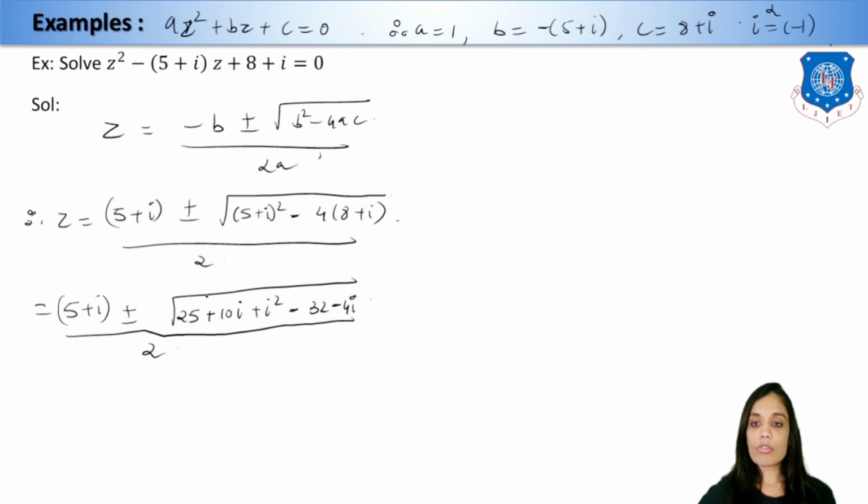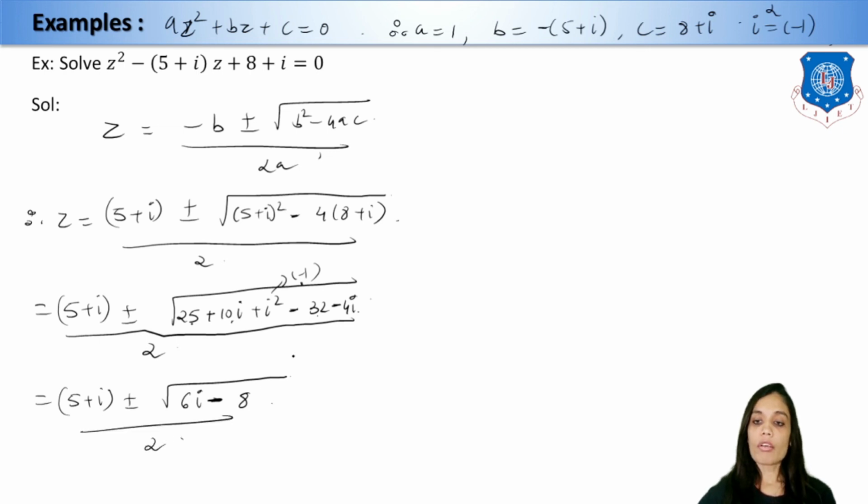Minus 1. So here this will go to minus 1. So let us simplify and write it. So 5 plus I plus or minus under root. What will remain? 25 minus 1 minus 32. Okay. And here we will get 10I minus 4I. So it will be 6I minus 8